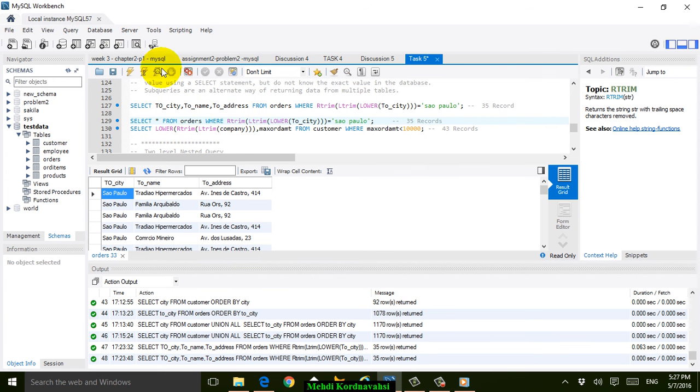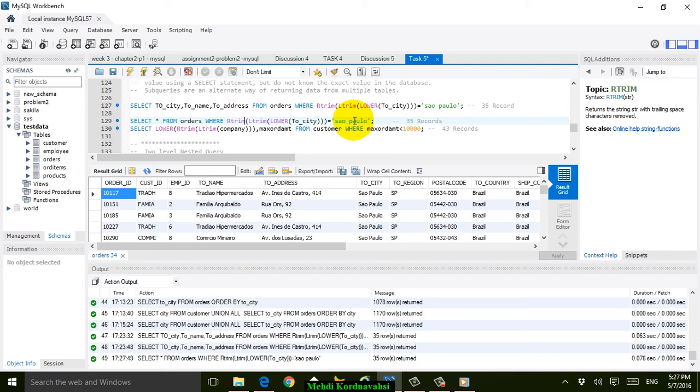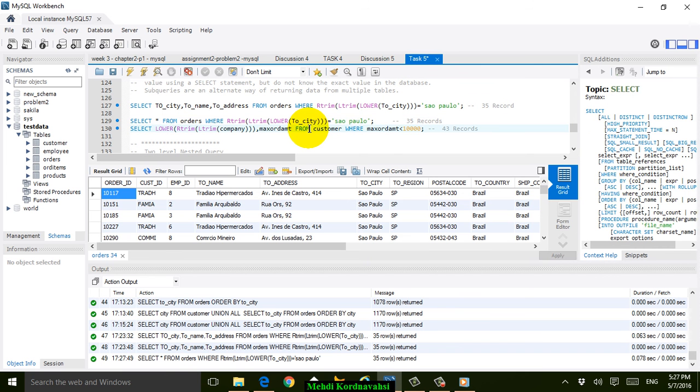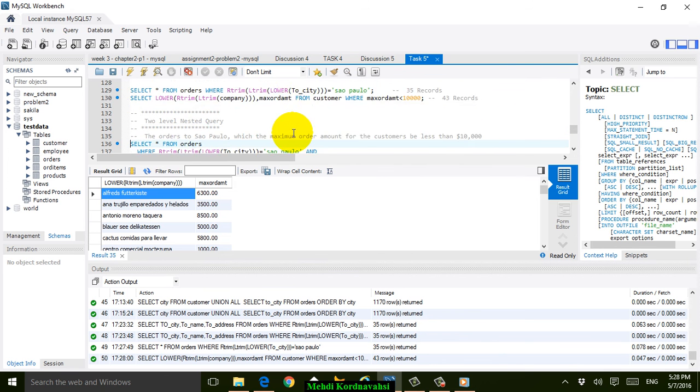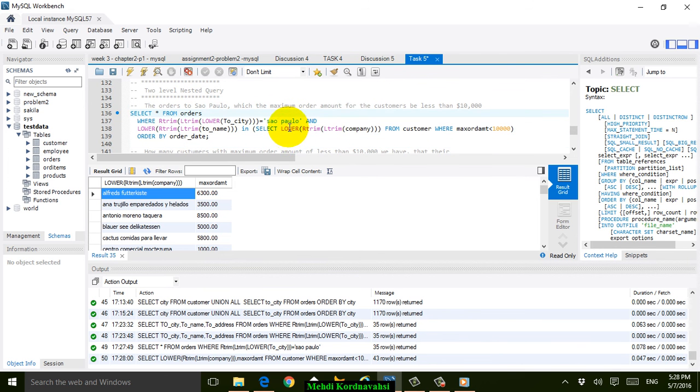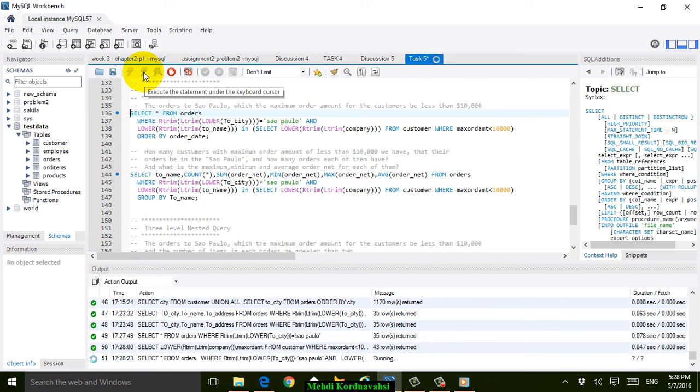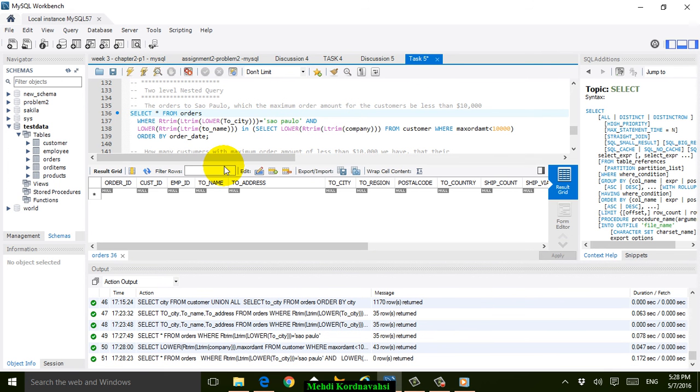Let's run the same queries. The first, 35 records. The second query, 43 records. As you see, the company and order amount from customer where order amount is less than 10,000. Here are the 43 records. Okay, let's combine two queries together, and the result